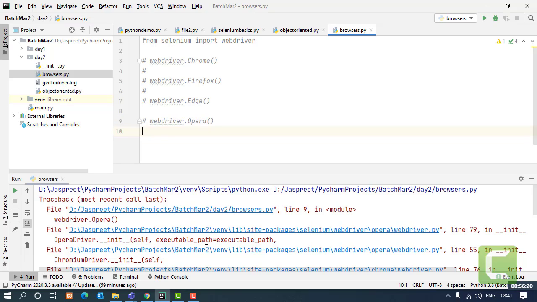Okay, clear? No questions, no doubts? You guys say you are good to go. So this was all that is to be covered in this session. I'll request you guys to set up your systems if you have not done so till now. Just set that up and try opening the browsers in both ways, by passing the path and by removing the path and adding them into your environment variables. Okay.